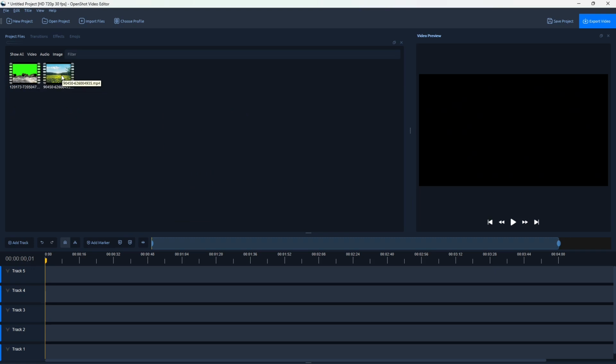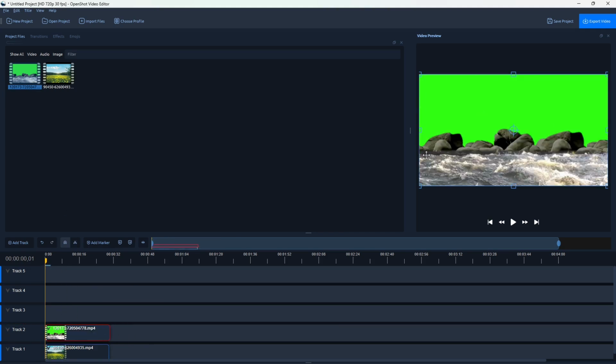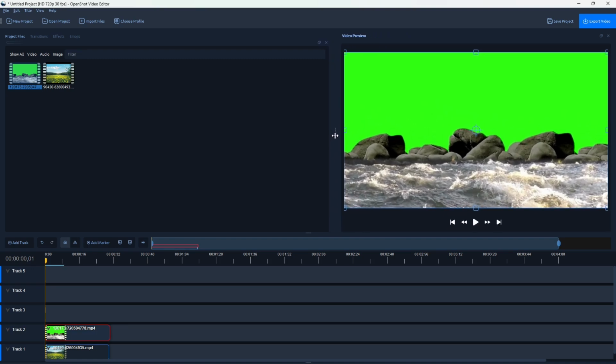So first I'm going to take the background video and drag and drop the video to track 1. And next I'm going to add this green screen video to track 2. Okay, let's expand this view. So this is the green screen video, and I want to remove this green screen so that I can see